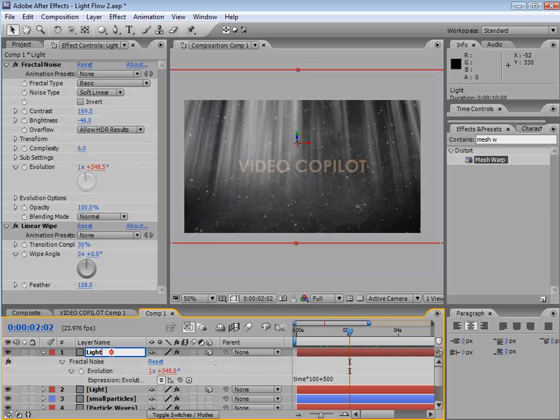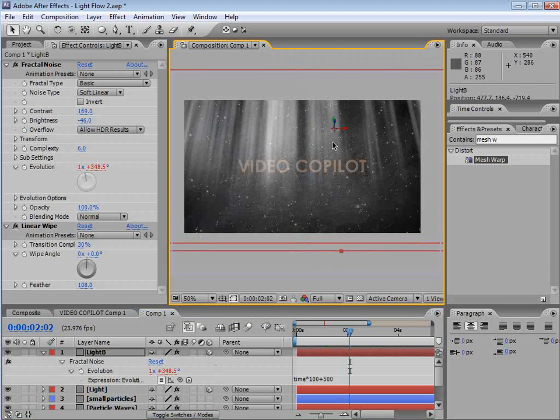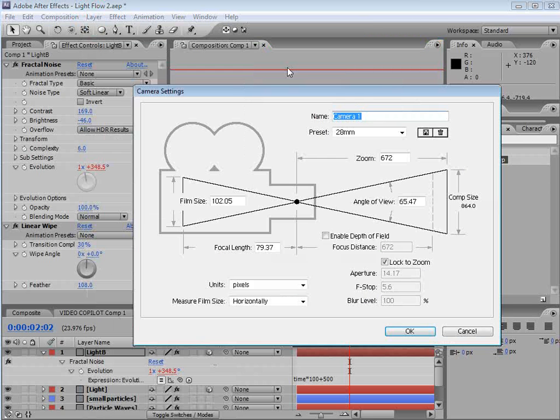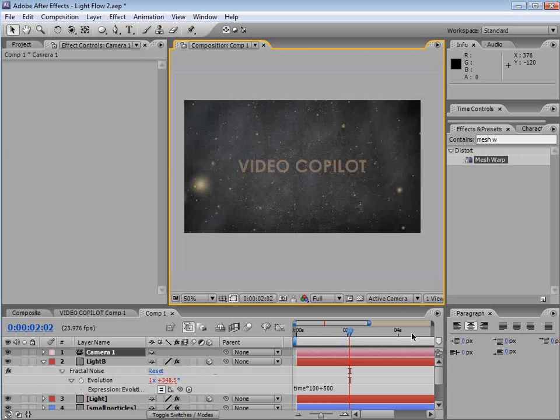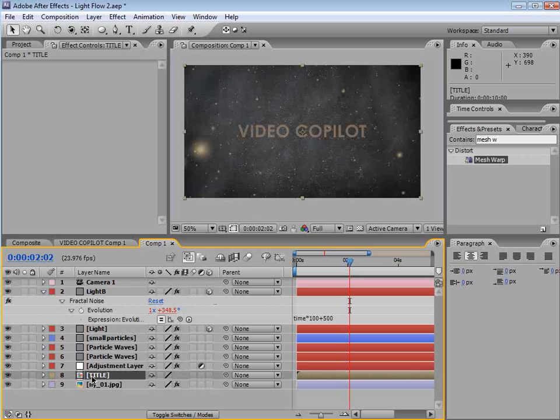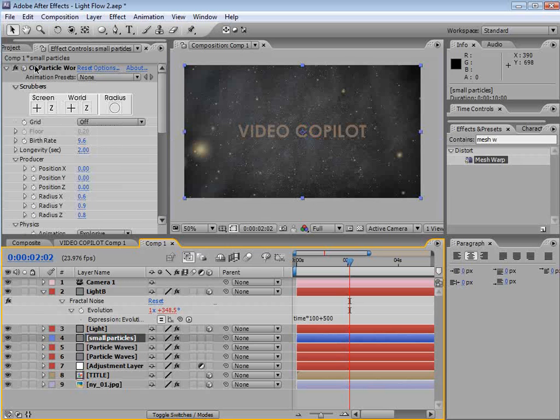Then we take this layer, light B, and we can move it forward in Z space. And that way, if we create a camera, we can move around and it will actually look like we're in 3D space. So if I move this up here, we want to adjust a few things so that we are looking at 3D layers. And specifically, we want our title to be 3D, and we want our background texture to be 3D. But these other layers, the particle layers, actually are 3D within the plugin,